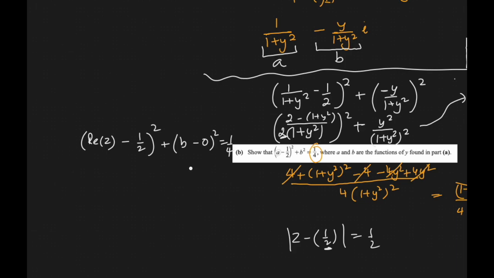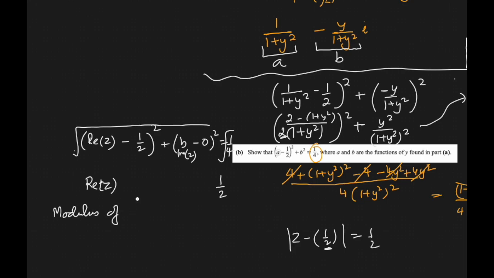Does it remind you of something? It reminds us of the distance formula. If I square root this and square root this, and distance formula gives us a positive answer, so I'll write 1 over 2 here. That's what they're trying to say here in part D, that real part and imaginary part, which means the distance or modulus